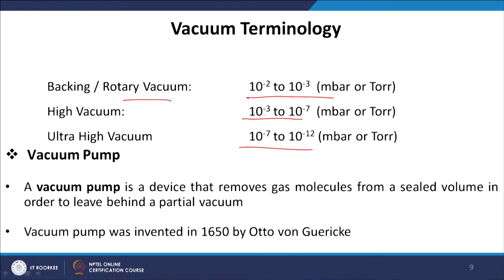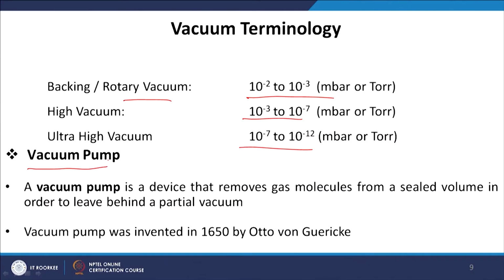Okay, so now we know what we mean by vacuum and why we need vacuum. But the next question is, how can we create the vacuum, or how can we create an environment where the pressure is much less than atmospheric pressure. That is done by an instrument called a vacuum pump. In everyday life, all of us have seen some kind of pump, like when we use it for sending water from the ground floor to the first floor, or for cultivation or agriculture.